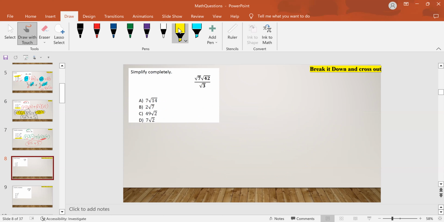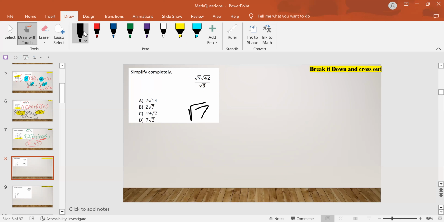So break it down and cross out. So this is the keyword here. We have a square root of 7 multiplied by square root of 42 divided by square root of 3. You have to understand that from the 4 choices, there is no choice as a division. That means what? Probably there is another square root of 3 on top. That's why the radical 3 or the square root of 3 were cancelled. For that, we'll take square root of 7,